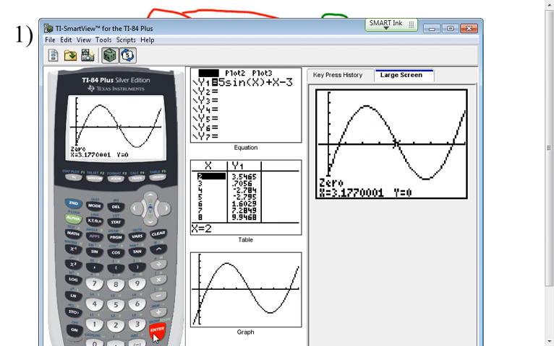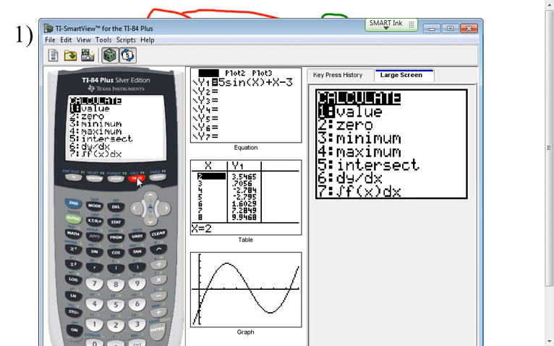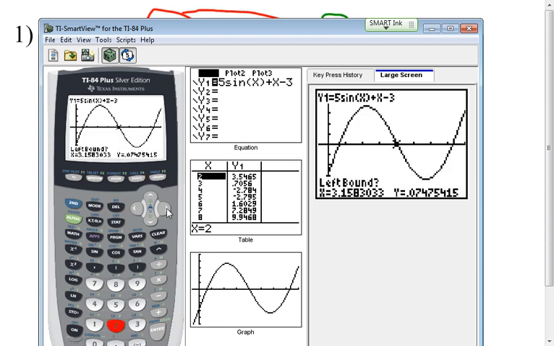So you should have 2 answers so far, and they are 0.519 and 3.177, and then we'll repeat that process one more time and go second trace, number 2 for 0. This time I'm going to use the far intersection point, so I want it a little bit left of this far right point over here. Let's see, hit enter, a little bit right of it, hit enter, right on it, hit enter, and then your last answer should be